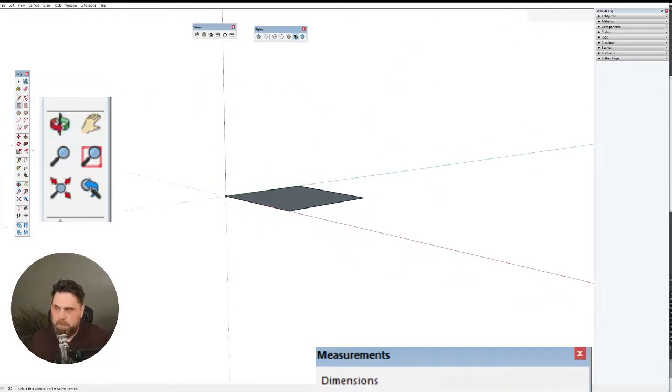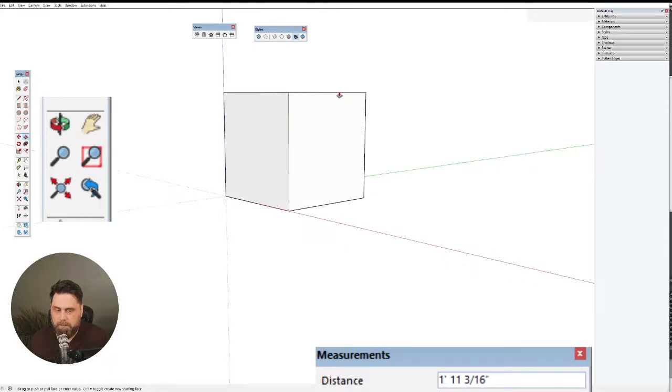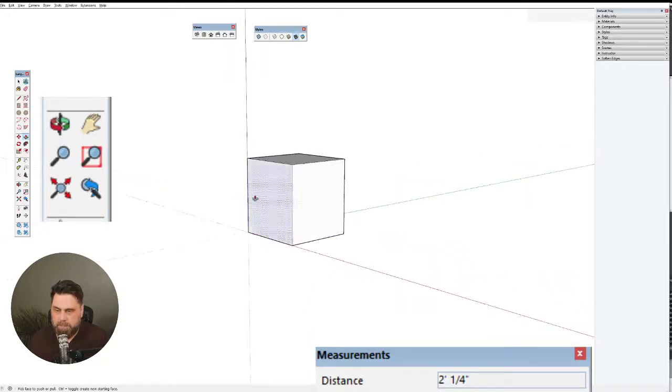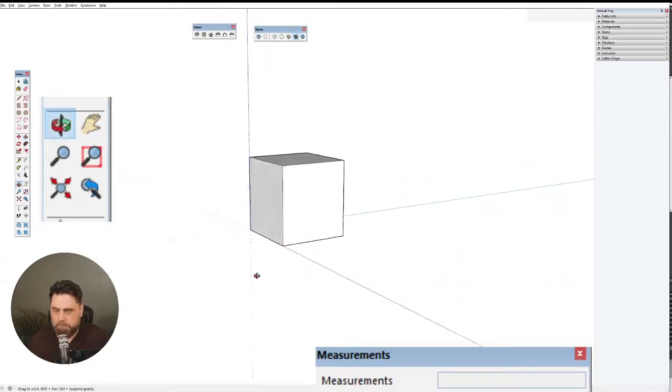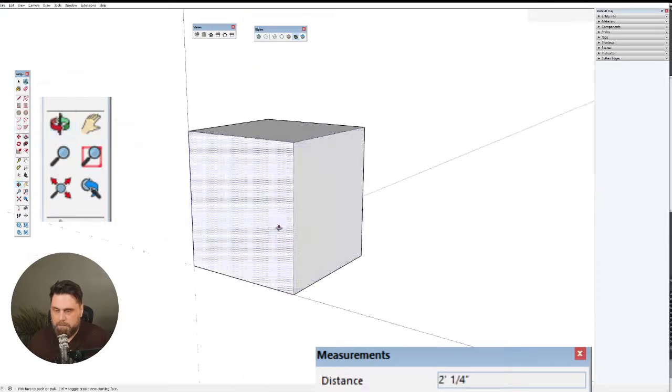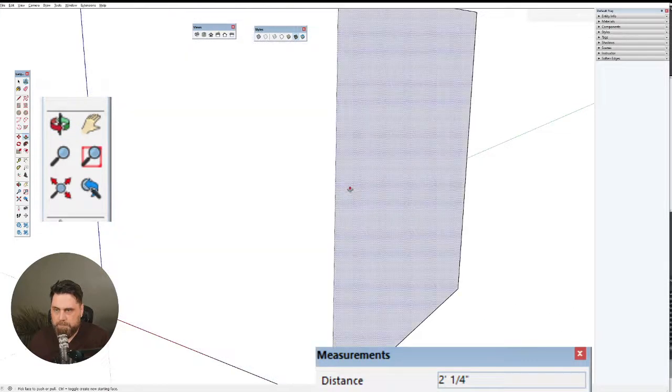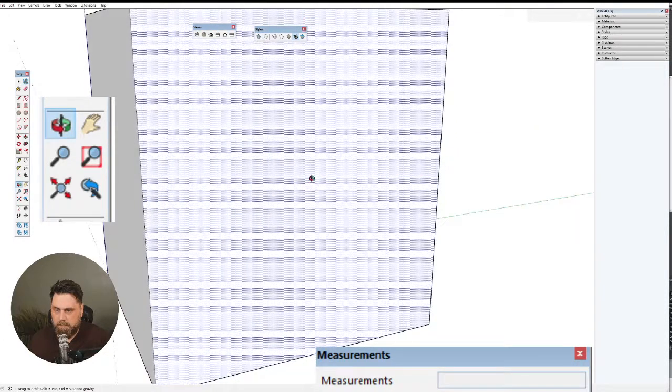And then we're going to go grab this tool over here called push pull. So then we can click that and lift up. Now we have a box, okay? So this gives us something that we can rotate around. So let's come in close to our box and let's start to rotate around it in a, what would that be? Counterclockwise, I guess,